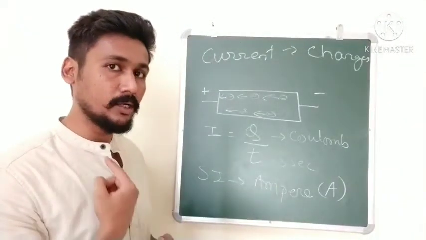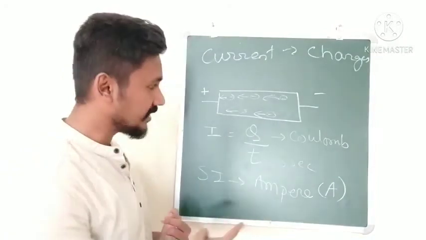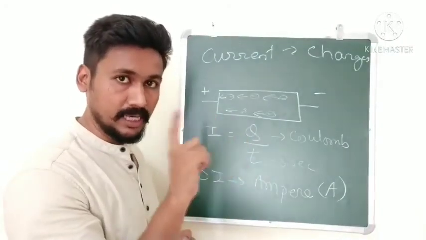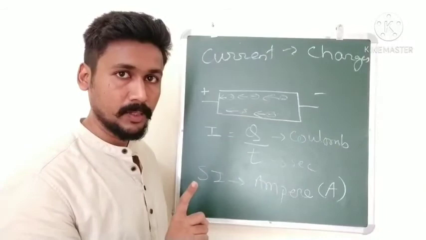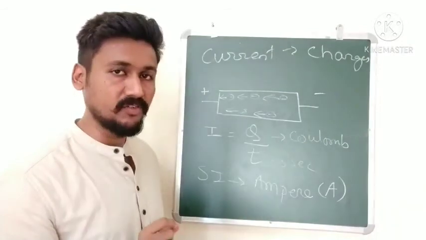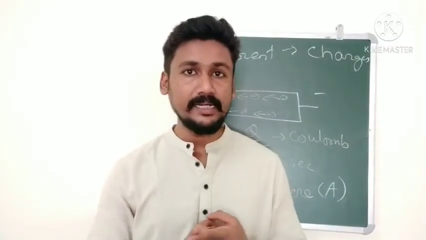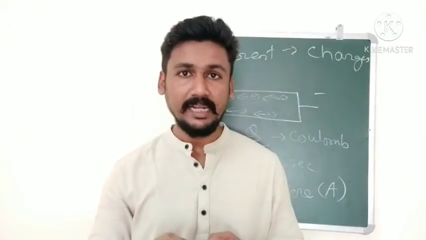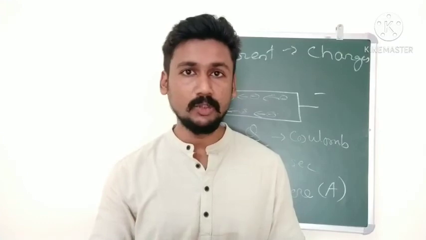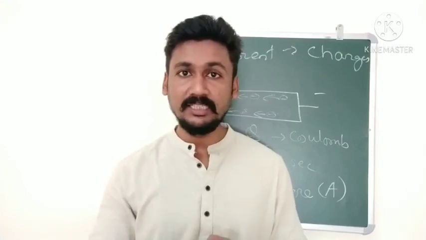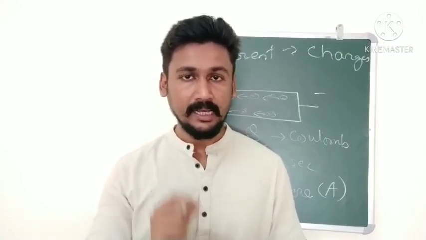So when we say a current of 1 ampere is flowing, we are saying that a charge of 1 coulomb is flowing in 1 second. Okay, so this definition is important for us to remember. So that is a brief introduction about current electricity and the concept of electric current. So I hope that was understood by us. In the next class, we will see some more concepts regarding current electricity.